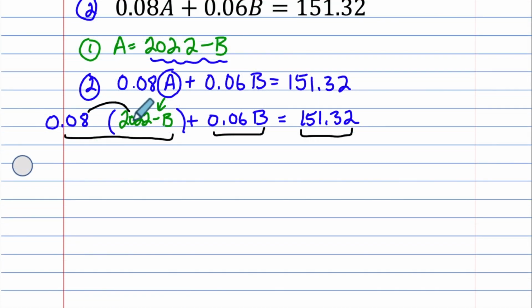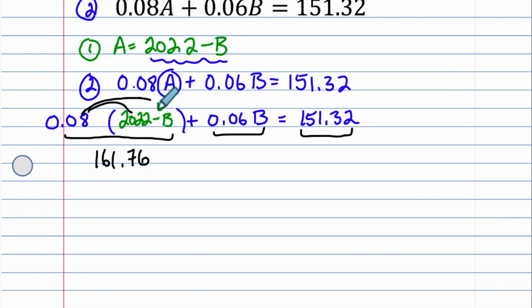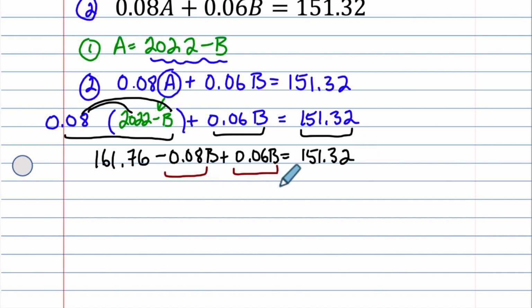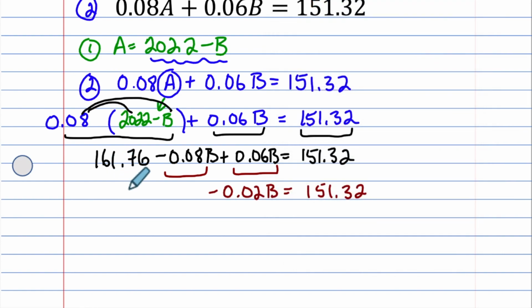And now we'll distribute 0.08 times 2022, 0.08 times 2022, 161.76, and 0.08 times negative B plus 0.06B is equal to 151.32. Combining like terms, 0.08, which is minus, plus 0.06 is negative 0.02B, and we had the